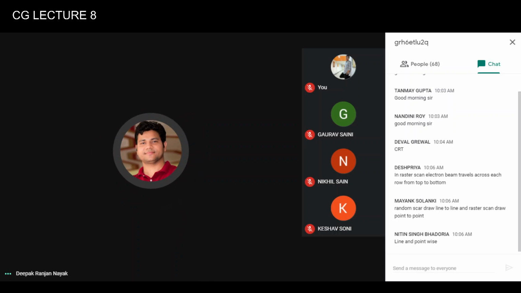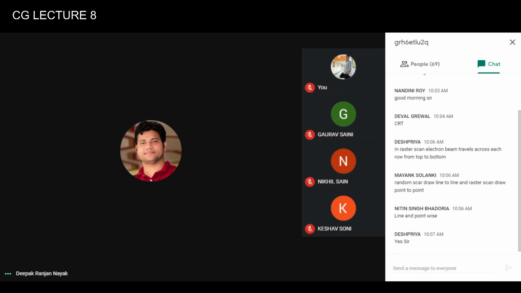Raster scan, electron beam travels across the screen, right? Each row from top to bottom over the whole screen. This is Priya. That means the screen is nothing but an arrangement of different discrete points in rows and columns, and those discrete points are called pixels, right?